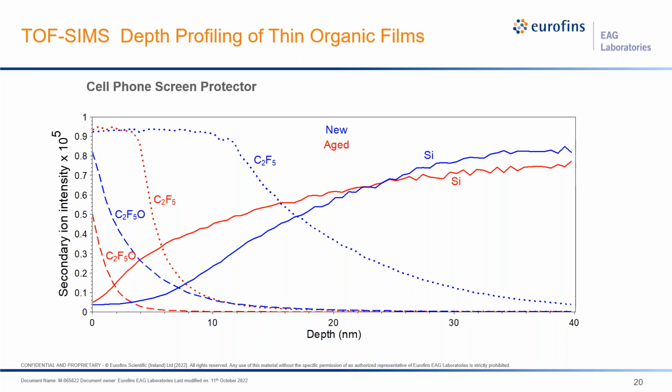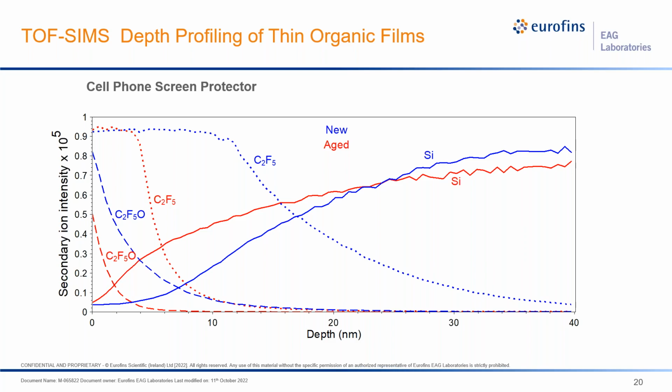And we generated a depth profile with our argon cluster beam going from the surface of the sample, 0, to a depth of 40 nanometers. So still pretty shallow. And what we found was the oleophobic coating had several components to it, a fluorocarbon component,